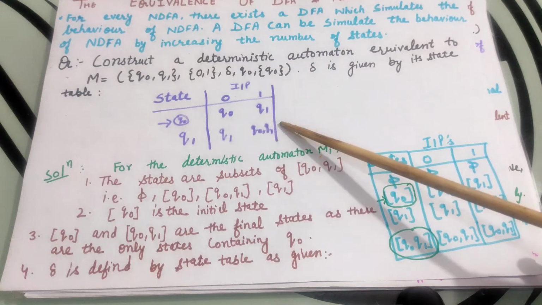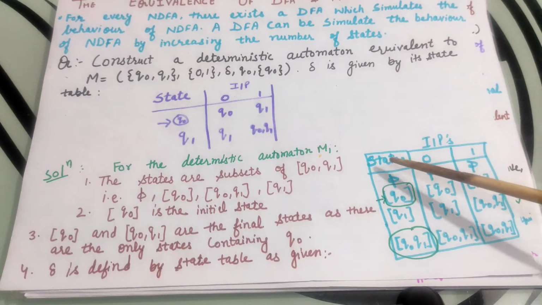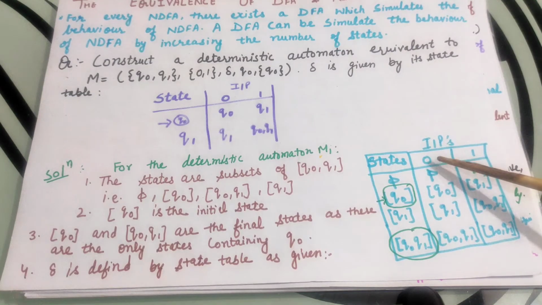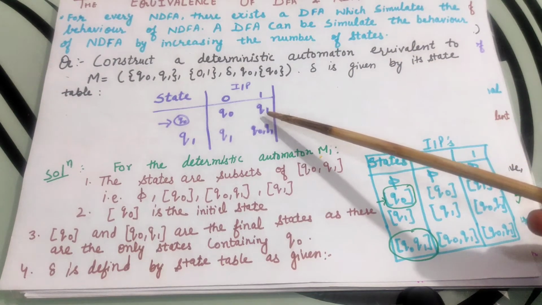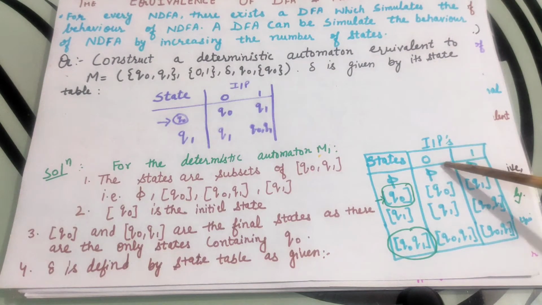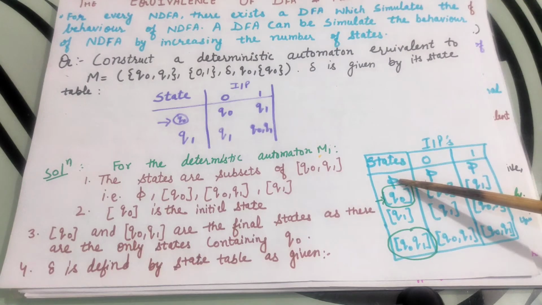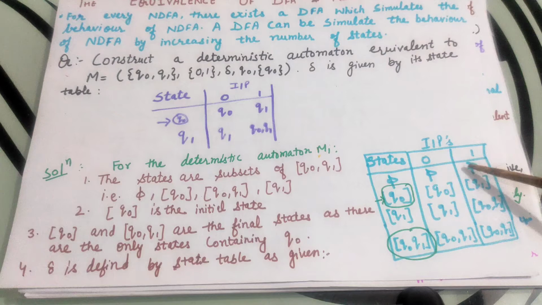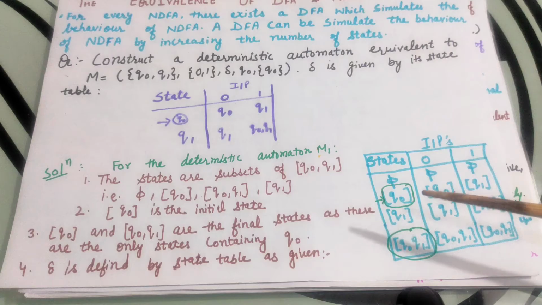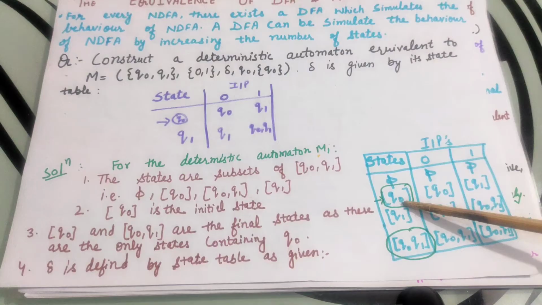Now, for the conversion of this NDFA into the DFA, firstly we write down the states. Next is its input. As in the NDFA, there are two inputs, 0 and 1. So the same inputs are shown in the DFA transition table, that is 0 and 1. At the first step, phi represents no state, no input, which means no transition is performed. That may be a possibility. Next, in the second case, Q0. Q0 is the initial state.